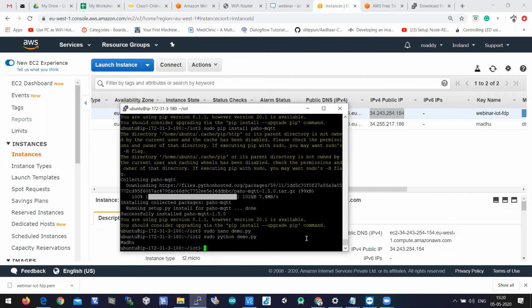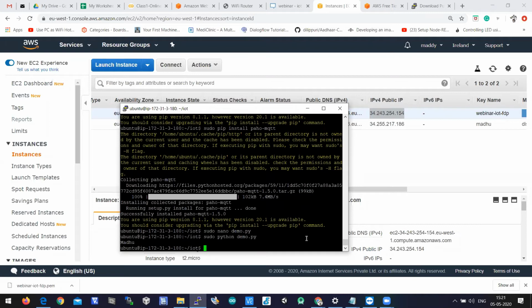The command is sudo space nano space name of the file.py, and to execute the program, the command is sudo space python space name of the file.py. Have you all got the output? When you type sudo nano and the file name, you can write the program. If you want to execute it, sudo python name of the file.py, then immediately the program will be executed. The program we wrote is just printing your name, so it will print your name directly there. If there is any error in the program, it displays the error there itself.